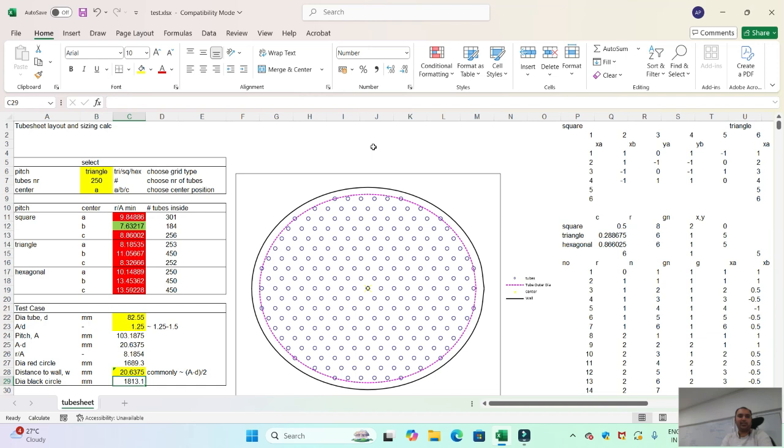Today we are going to see a very interesting spreadsheet that is based on tube sheet layout and sizing calculation. So this sheet can help you to visualize the arrangement of your pipes when you are designing a shell and